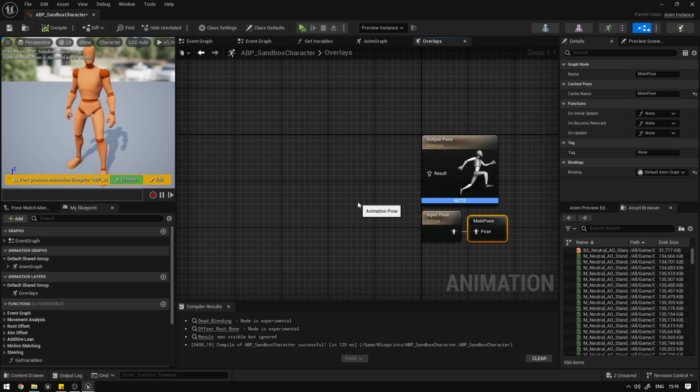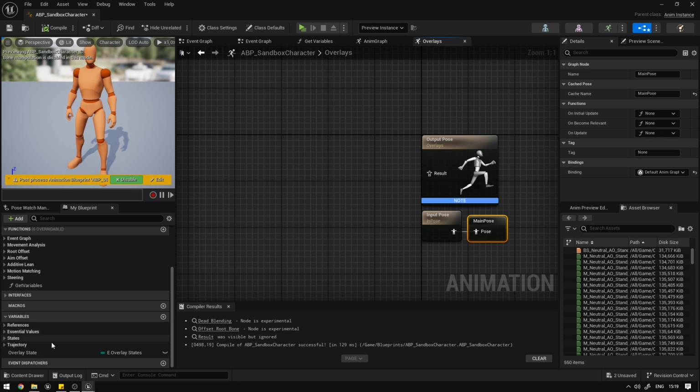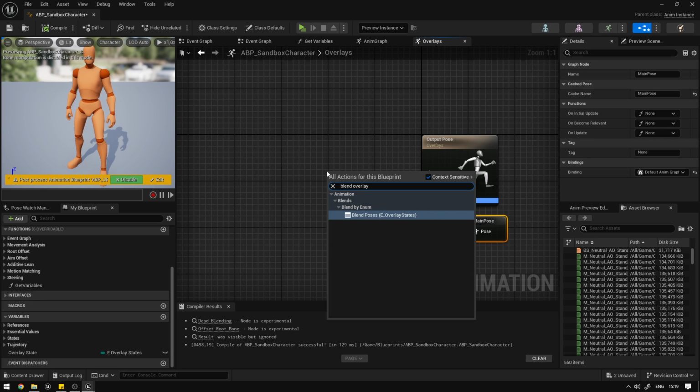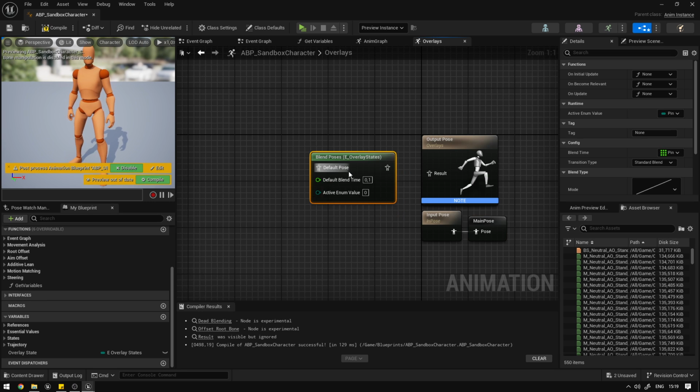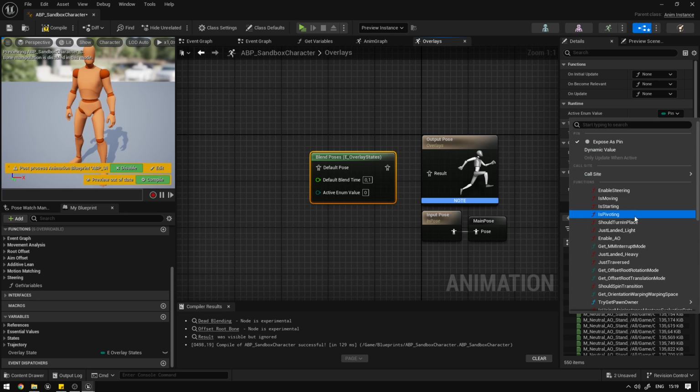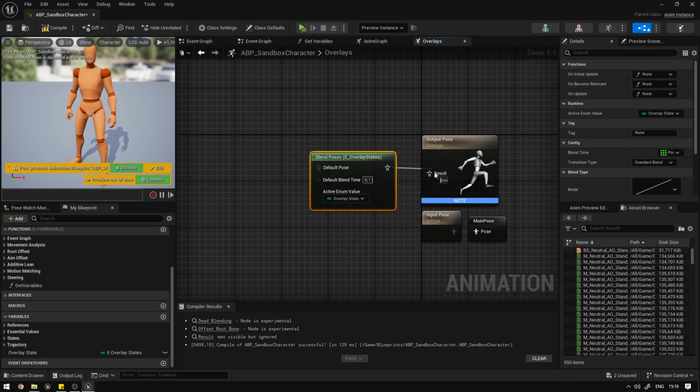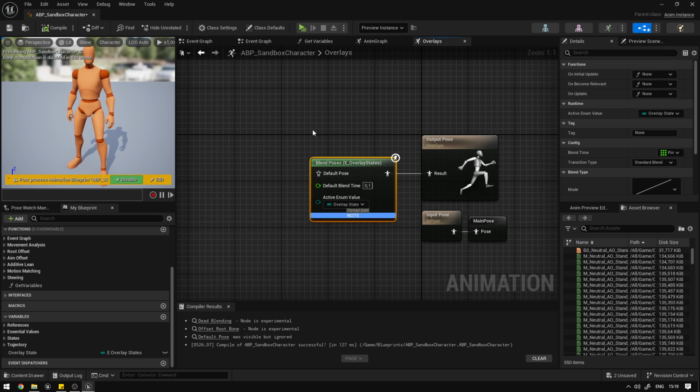Now the next thing we're going to do is select an animation depending on the overlay state variable. So here we can say blends overlay states, and we're going to essentially blend based on the value of the enumeration. So if we click this on the active enum value, we're going to bind this to the overlay state. We're going to connect this over here, and if we compile, you can see now it says thread safe, and